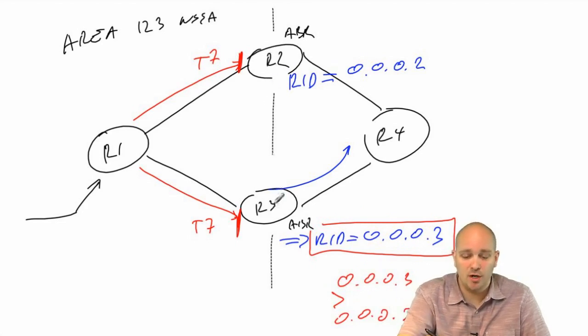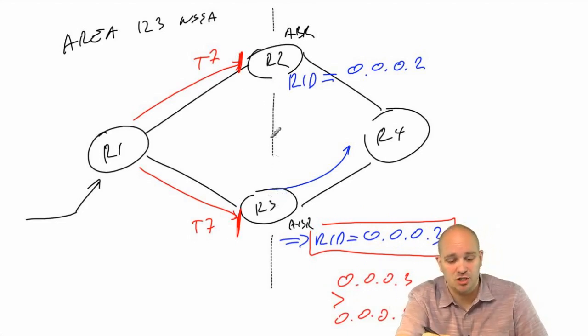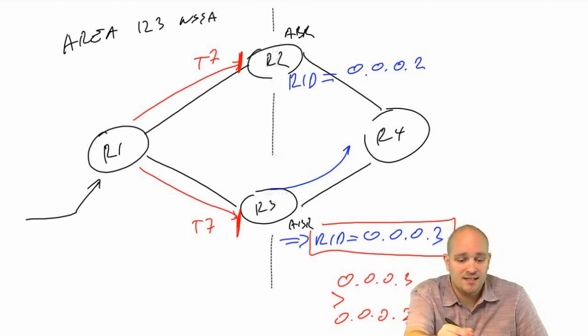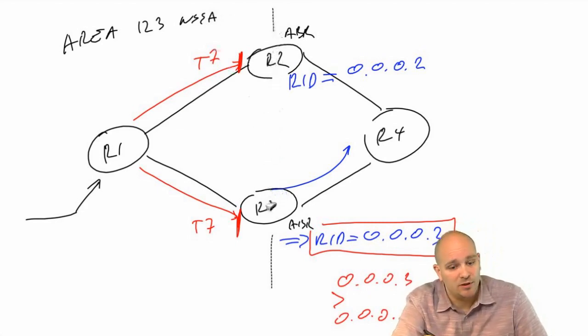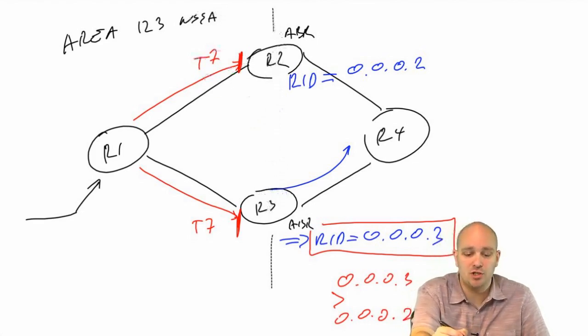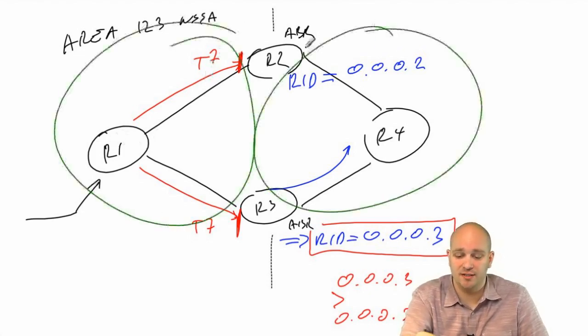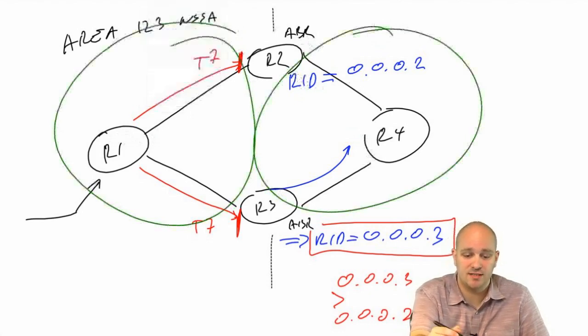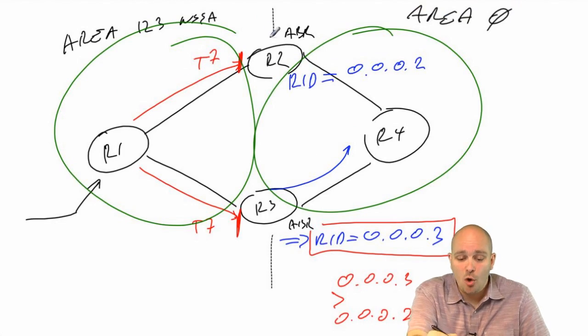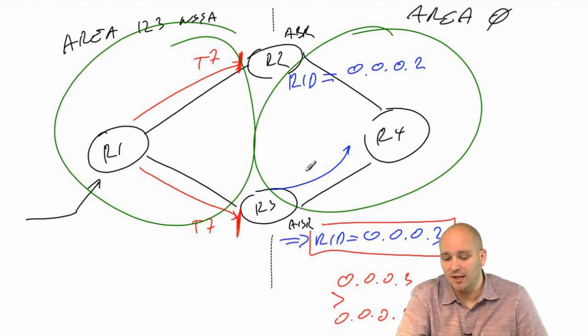Keep in mind that R2 and R3 do not have any direct relationship. They are not directly connected. This here was just me indicating that there is a boundary. There is no link between them, but they know about each other because they are sharing the database in area 123 and they are sharing the database in area 0 here. So I didn't write that. So this here is area 0. So they know about each other even though they are not directly connected,